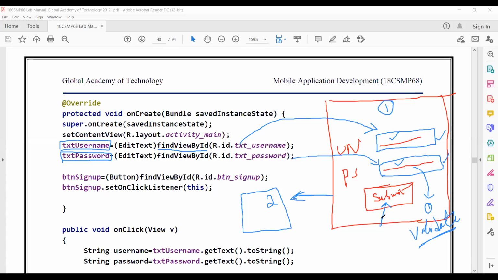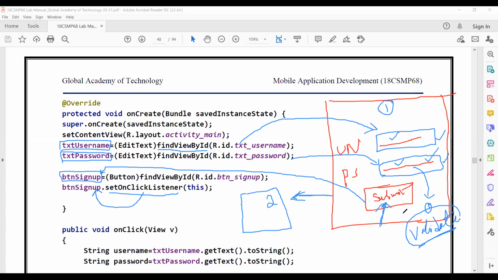Now you see that once I click the submit button, some action needs to take place. What action? The action is nothing but checking whether the user has entered a valid password or not. In order to do that, what should I do? I need to register a listener. Last class I discussed these listeners, right? This button sign up is referring to this submit button. So in order to take some action, I need to register a listener to this button.